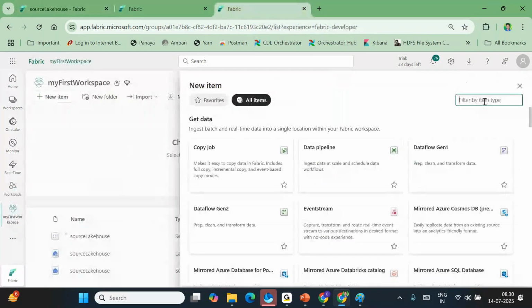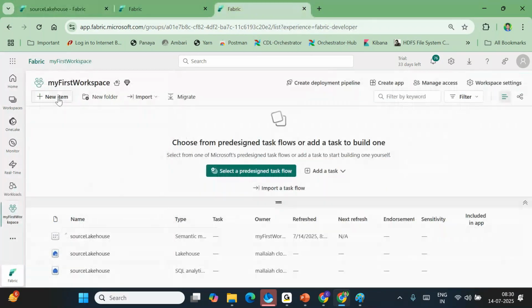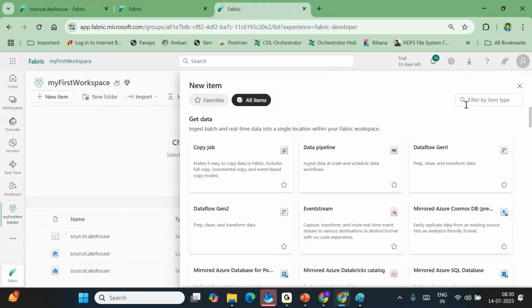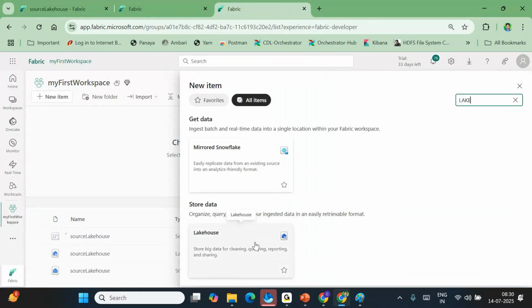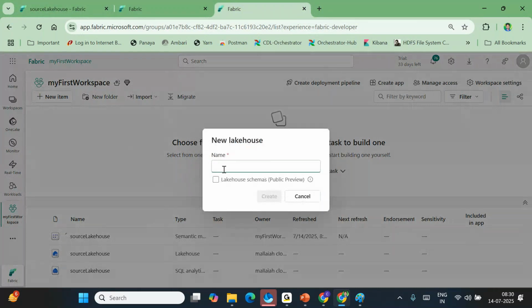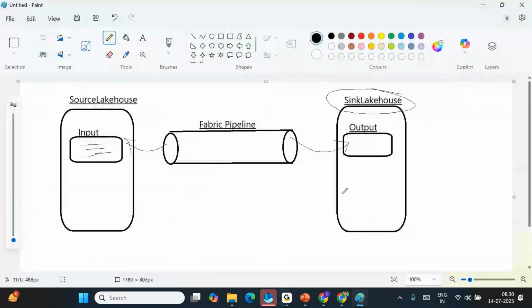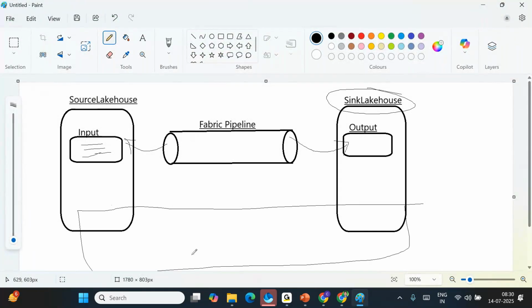In the last tab, I'll create one more lakehouse. How to create one more lakehouse? First click on new item, lakehouse. But this is a wrong way to explain, team. This is not the right lab to explain, because whether you created a source lakehouse or a sink lakehouse, it doesn't matter. Underlying data is already in OneLake.